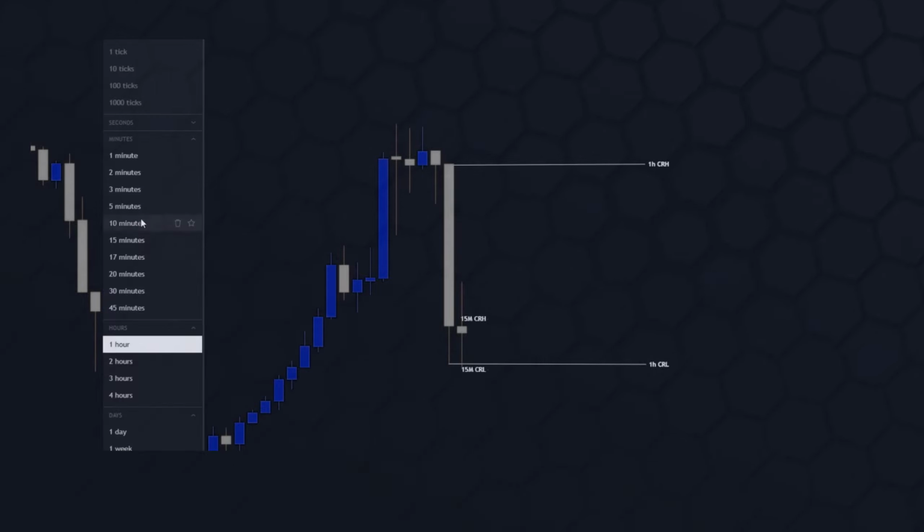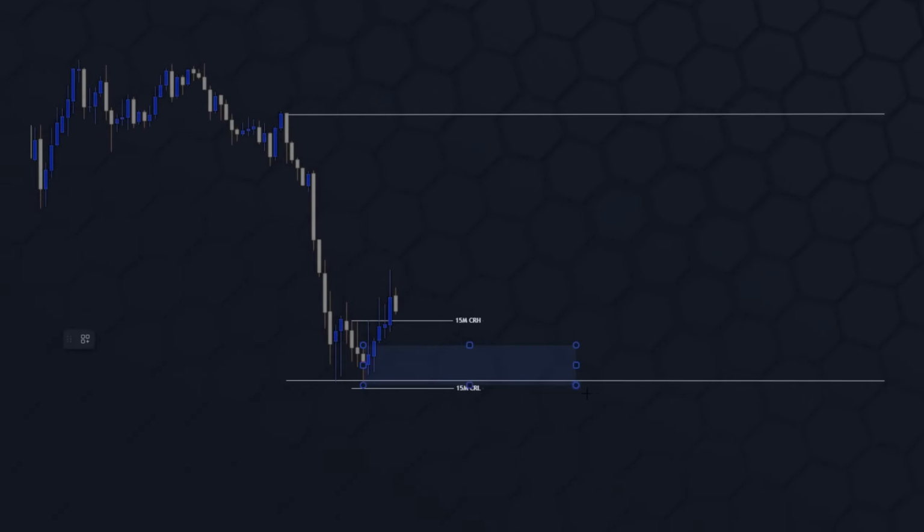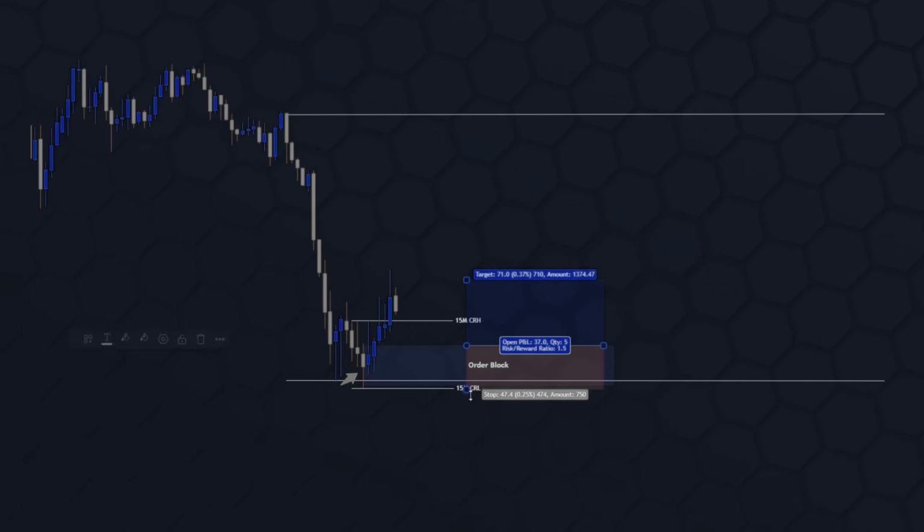Next, I'll zoom into the 5-minute time frame to find an entry opportunity for a long position. As you can see, there's an order block on the 5-minute time frame, which is the last selling candle before the price started a bullish move that broke out above the 15-minute candle's high and closed above it. I'm going to place my buy limit order at the highest point of this order block and wait for the